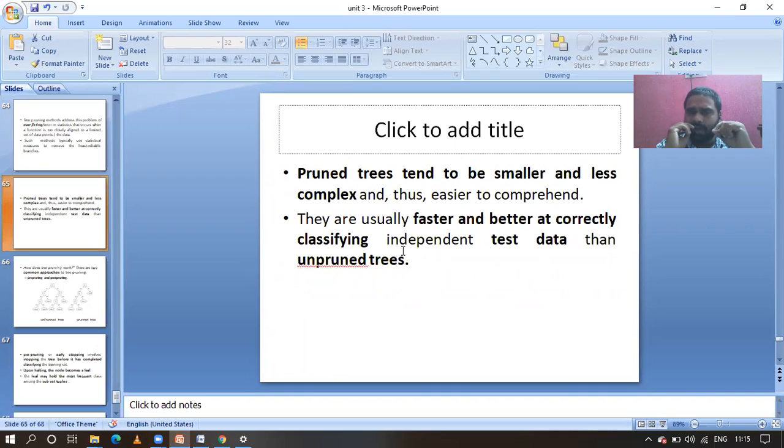With the help of this tree pruning, guys, we are going to make the overall decision tree smaller as well as less complex. Why? Because we have removed the erroneous data and noisy branches from the decision tree, and we have made it smaller and less complex also. With tree pruning, the overall decision tree works faster as well as better compared with the previous unpruned tree, guys.